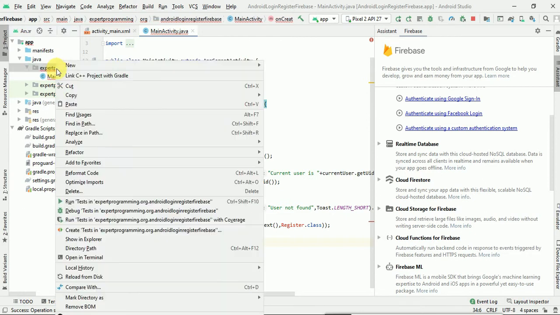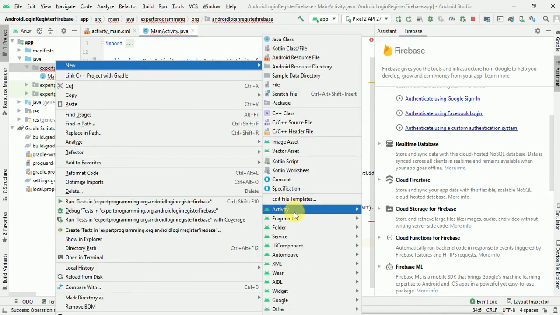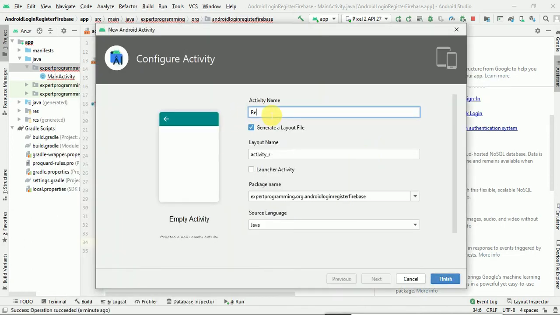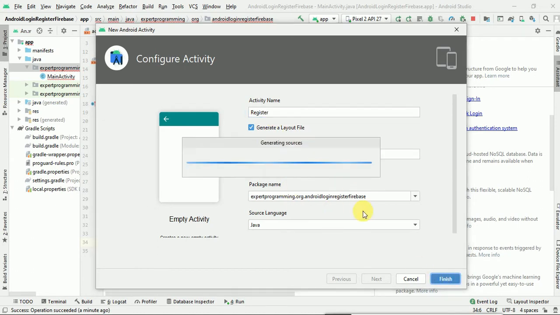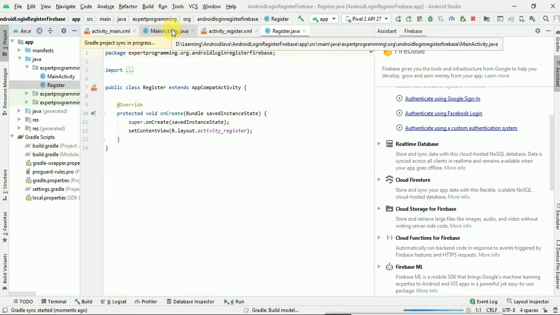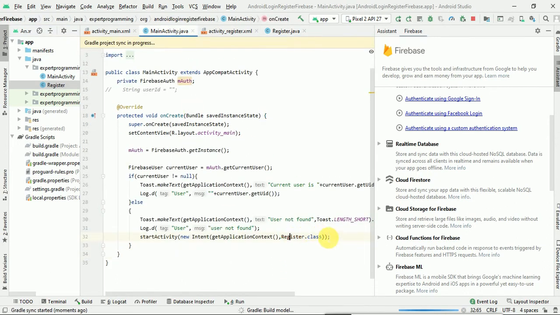Let's create one more activity, and this I will give as an empty activity, Register. So this gets resolved.